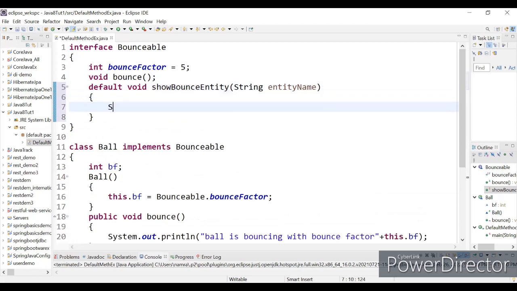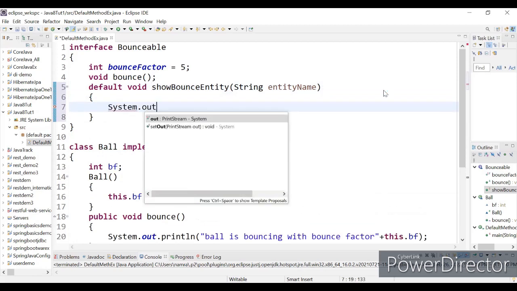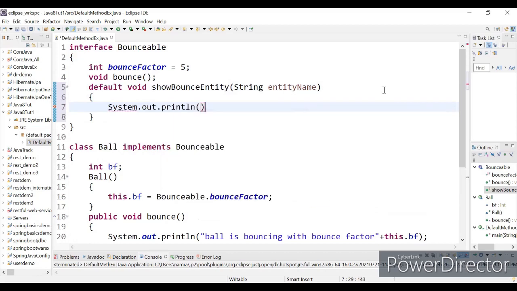Okay. So what we are going to do, system.out.println bouncing entity is, whatever the entity name, you just mention it over here. Okay. So this is the default method.